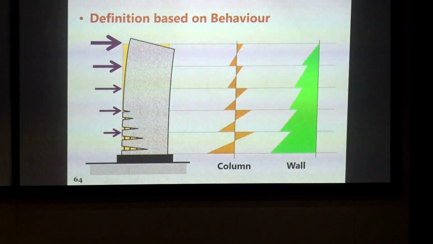But the more important thing we want to raise here is that whether a vertical member is a wall or a column is not so much dictated by the aspect ratio of that section, but by its behavior. If you look at the bending moment diagram and the shear force diagram, you will see whether it is actually behaving like a flexural member or as a shear critical member. And that is what is important for structural engineers to look for, and not play this trick of controlling everything by the aspect ratio. So something towards that you may expect to see coming up.